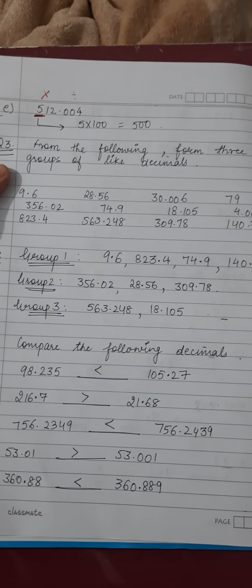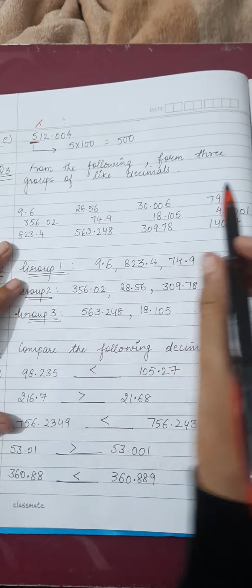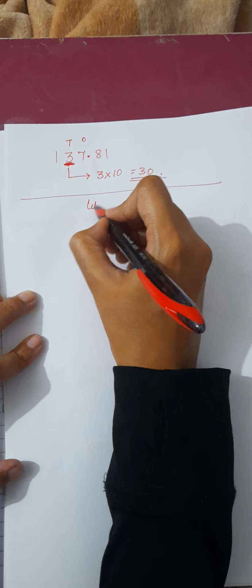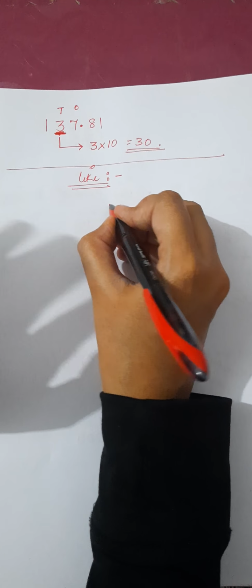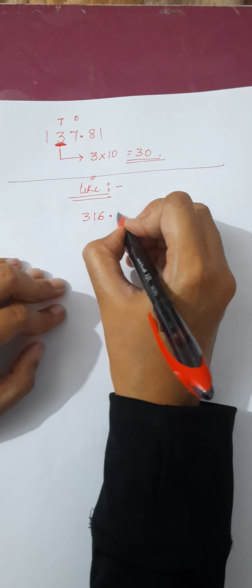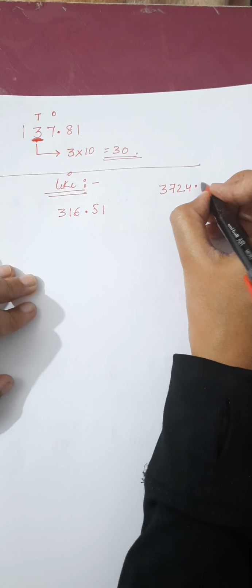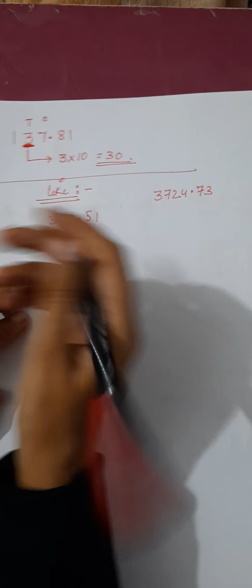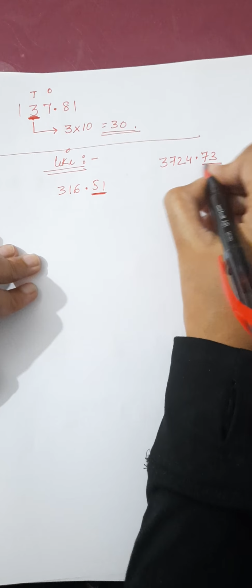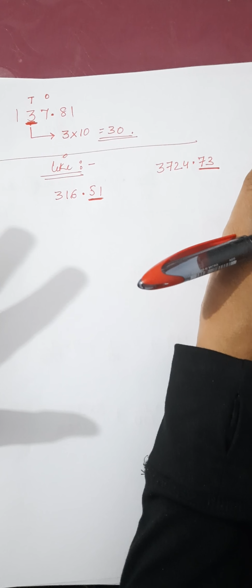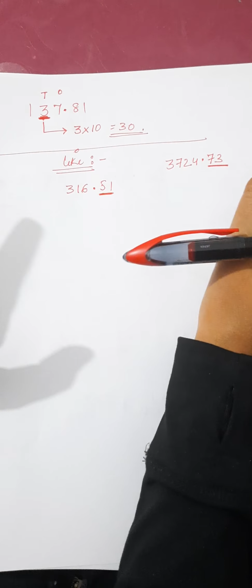Now let's do the next question, which is, from the following form 3 groups of the like decimals. Now what are the like decimals? I want to explain you firstly. Like decimal means all the numbers, if like this it is given 316.51, 3724.73, like this. Now these two are the like terms. Why? Because after the decimal the number of digits are same. All those numbers which are having after the decimal same number of digits, that means they are going